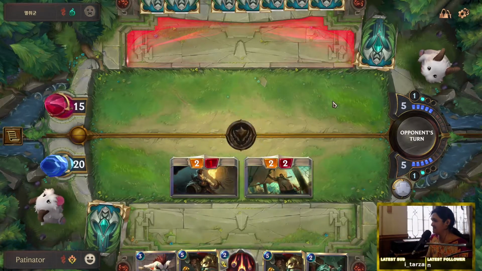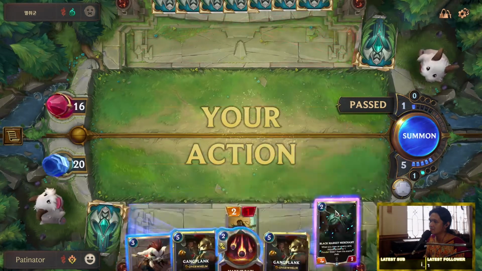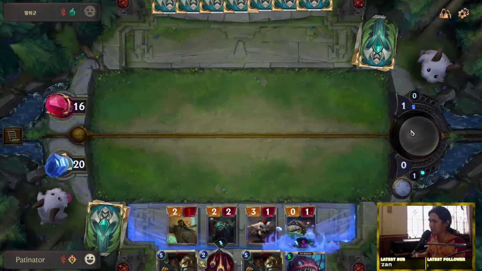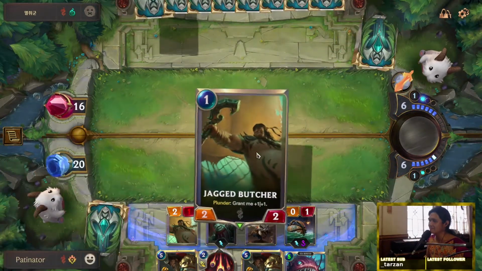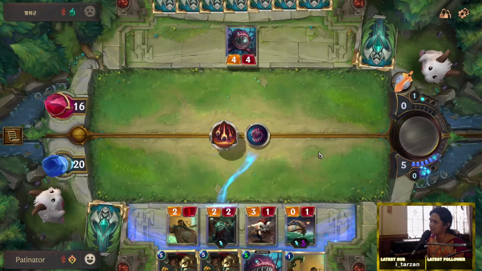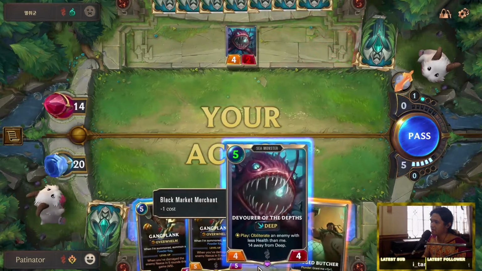Time to steal some cards. That's fine, as long as we get 1 damage in. Ooh! Powder keg. Let's see what we can do with a powder keg. Make it rain. Actually, this makes this miss. It goes down to 2 and then that doesn't die. And then, because I hate him...